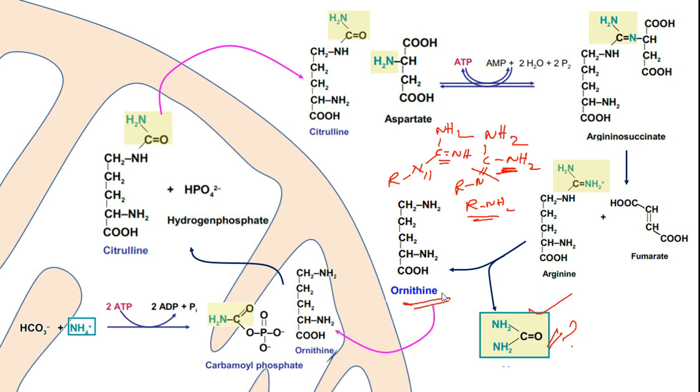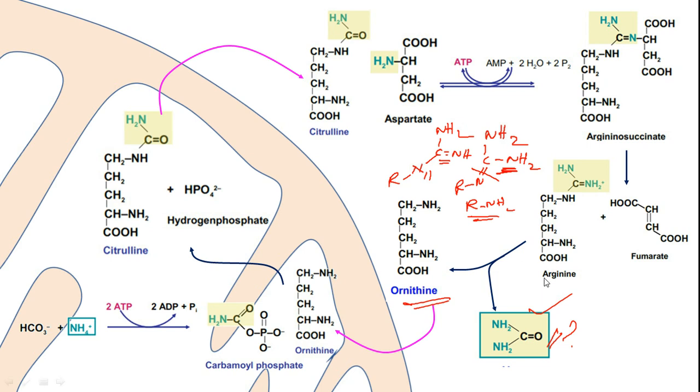Then ornithine will be taken up by the mitochondria via the citrulline ornithine transporter system, so that ultimately you have the urea cycle completed. Now the urea that is formed is there in the cytosol, and that will be eliminated from your body. Okay friends, this is the way the urea cycle happens in the hepatocyte. Half in the mitochondria, half in the cytosol.